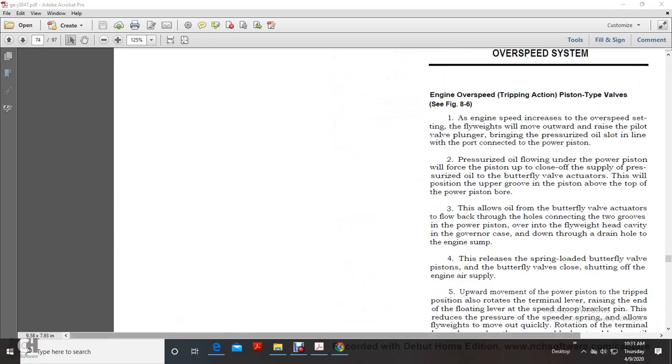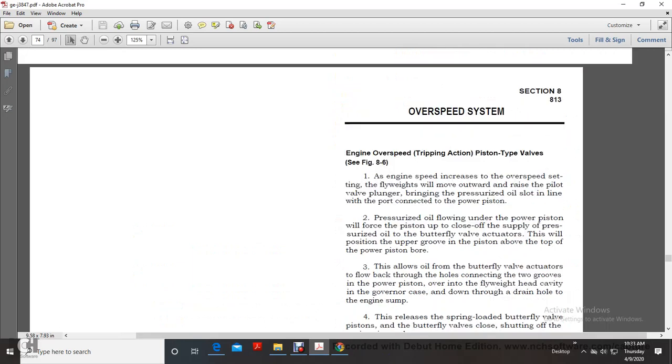Alright, continuing chapter 8, your overspeed system. Engine overspeed trip action, piston type valve, see figure 8.6. As the engine speed increases to the overspeed setting, the flyweights will move outward and raise the pilot valve plunger, beginning to port pressurized oil into the line connected to the power piston. The pressurized oil flowing under the power piston will force the piston up, closing off the supply of pressurized oil